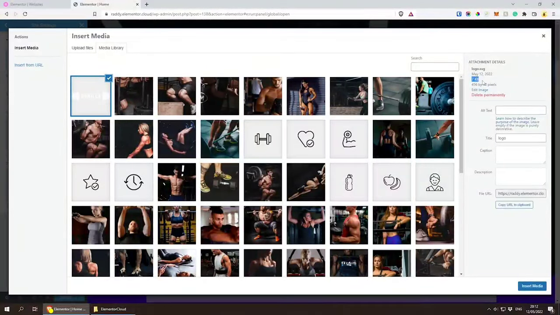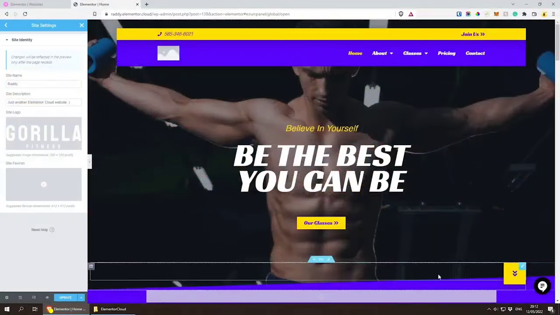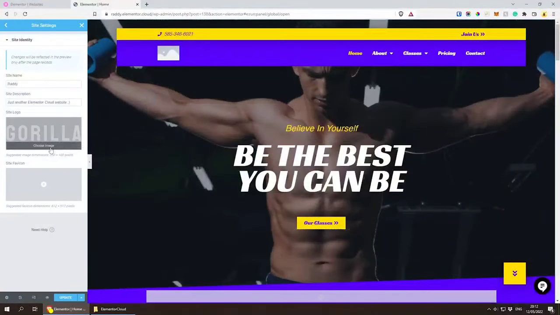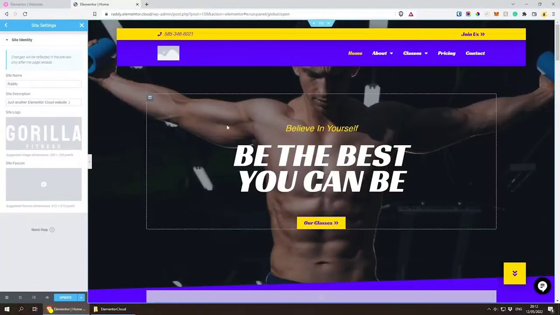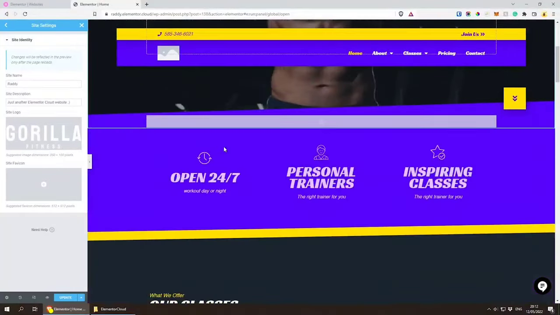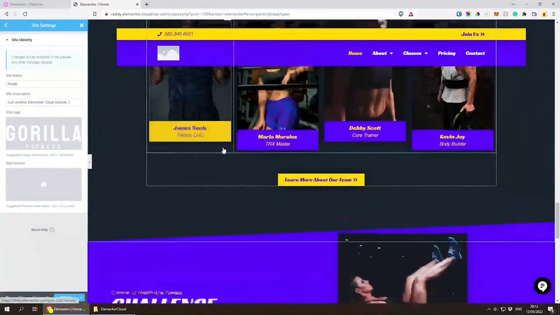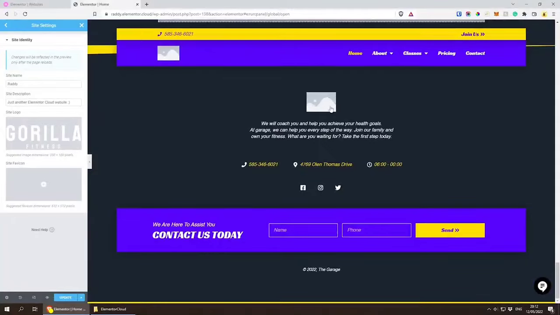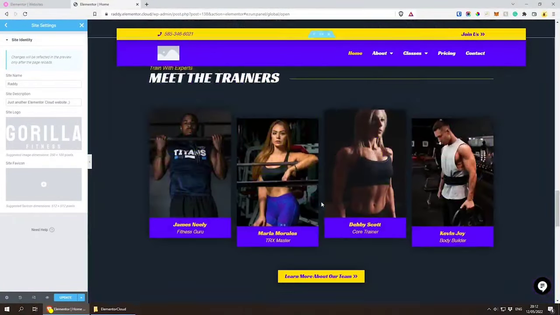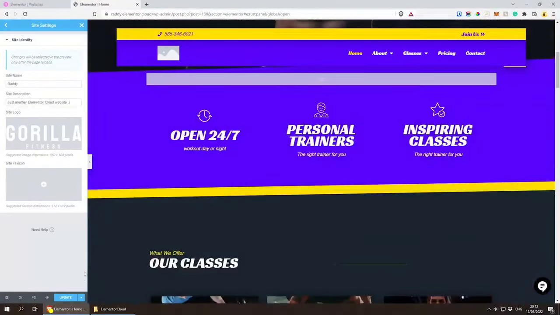As you can see, this is 7 kilobytes, and I can probably make it even smaller. I don't know if I minified it, but 7 kilobytes is pretty good. So insert media, and this should update the logo on the header here, which I'm going to talk about in a minute, and it should update the logo here at the bottom in the footer as well. So let's save this. First of all, I'm going to update it,